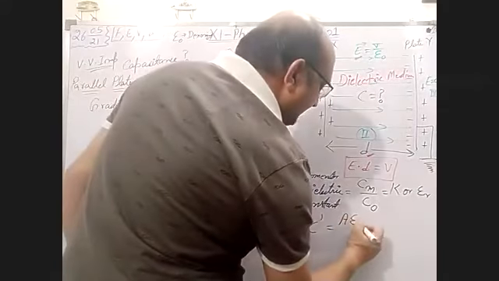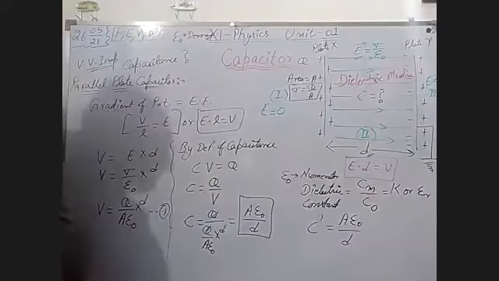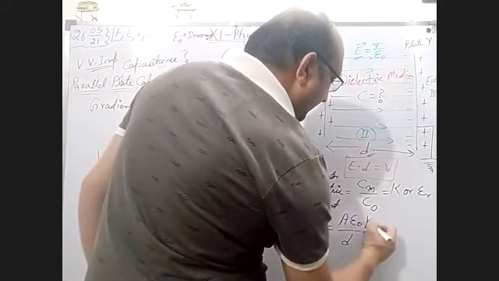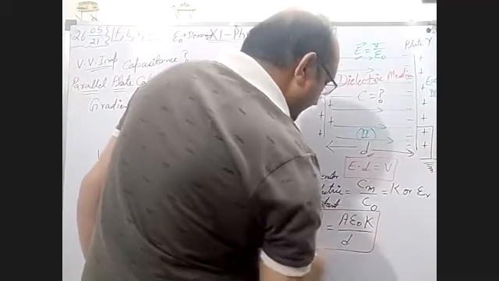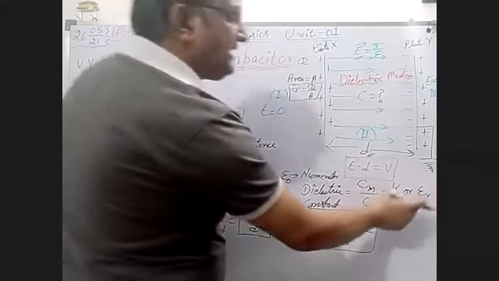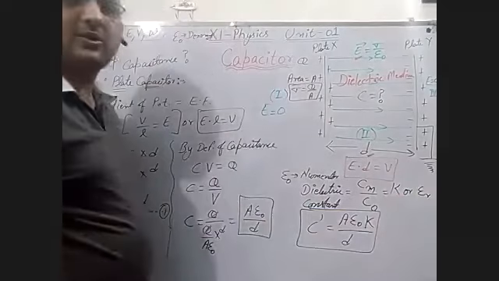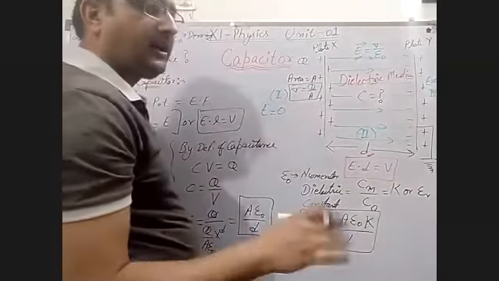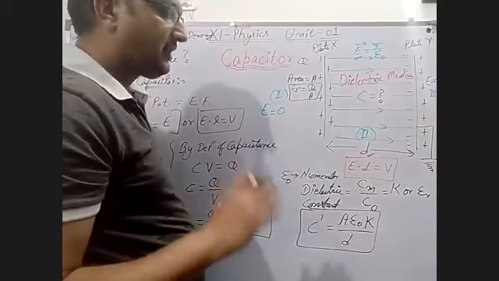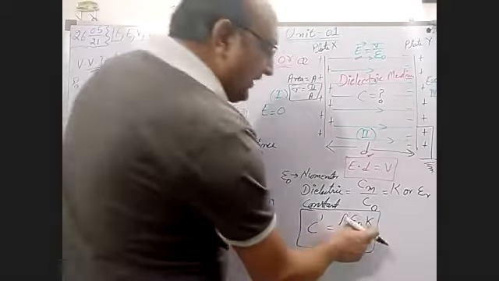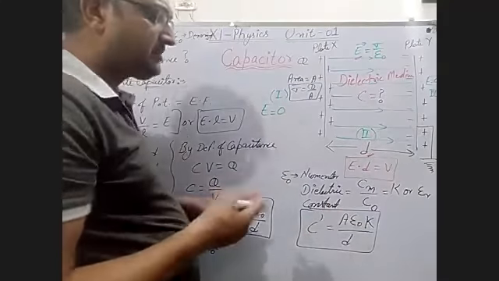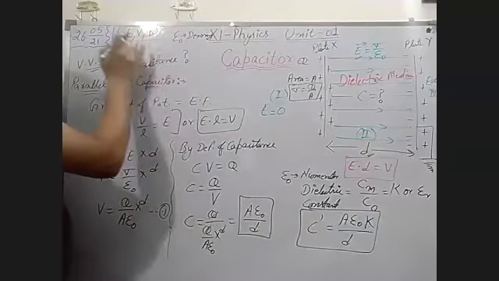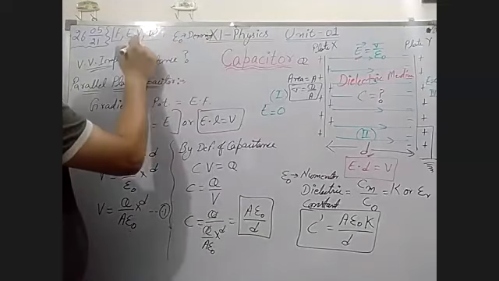We have A epsilon naught upon d. Now, this thing becomes, means you have to multiply this dielectric constant with epsilon naught. And by this, you can see for vacuum K is 1, but for other mediums the value of K is more than 1. It means if the value of K is more than 1 for all mediums, then it will increase the capacitance. But in these four cases, you can see epsilon naught in the denominator part, and this K